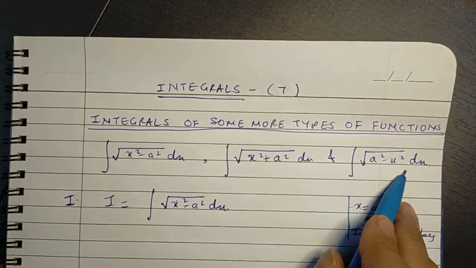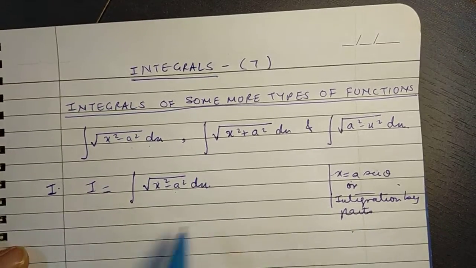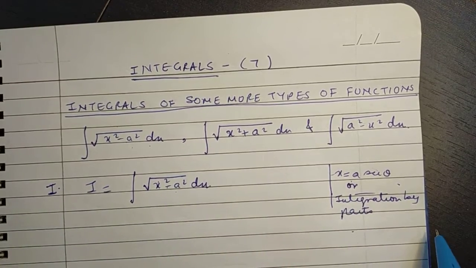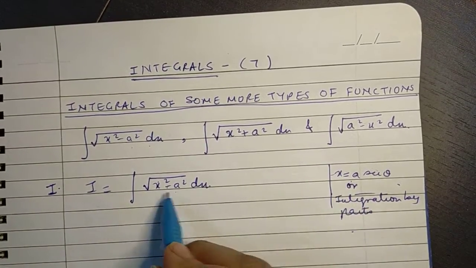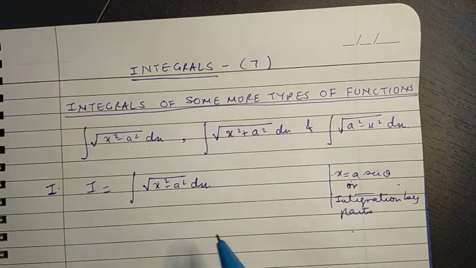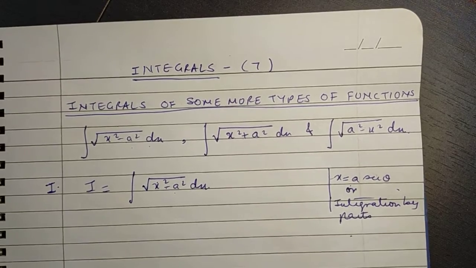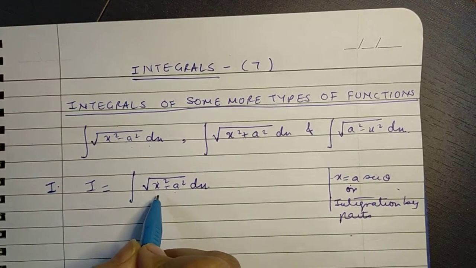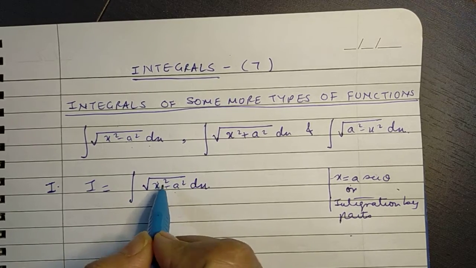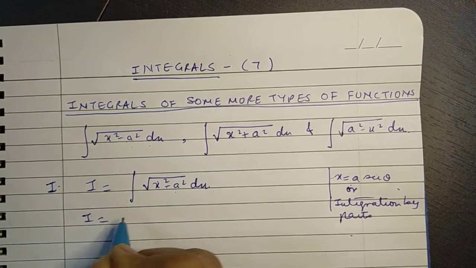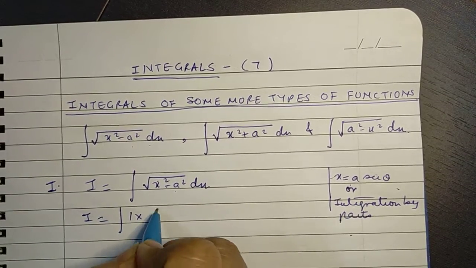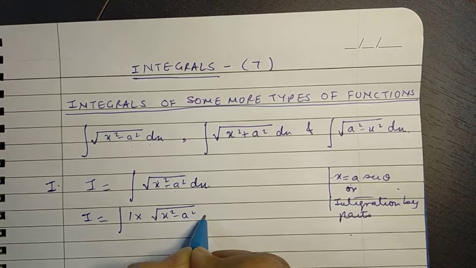Similarly, we have different substitutions for these ones, but here I'll show you the process of finding the result using integration by parts. You already are aware of how to solve it using the substitution. We have done similar questions in our previous videos. Okay, so let's do it this way. Now clearly, finding the integral of this directly would be slightly complicated, so we can write it as 1 into square root of x squared minus a squared dx.